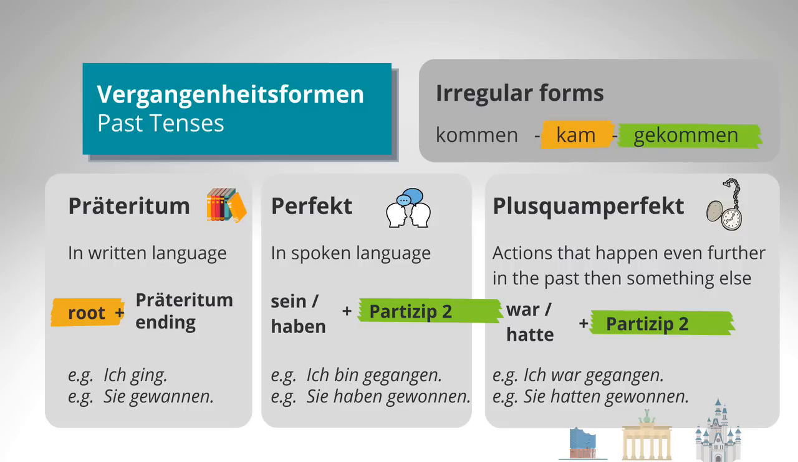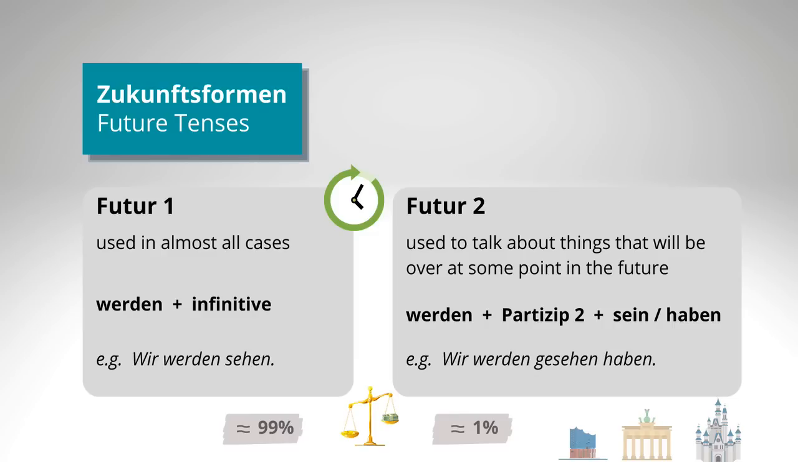The past tenses are probably the hardest part of German. Now let's move on to an easier part. The only kind of tenses that we now have left are the future tenses, or Zukunftsformen in German. Here we have the Futur 1, future 1, and the Futur 2, future 2. The Futur 1 is used in almost all cases, and it's the German version of the will future, going to future, and future progressive. The Futur 2, on the other hand, is only used in about 1% of all cases,